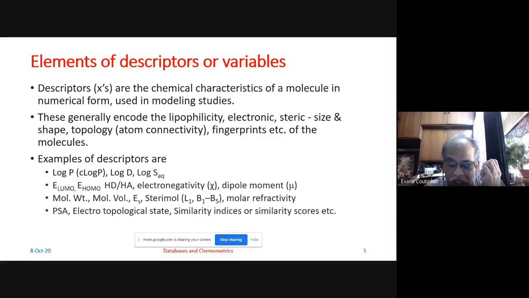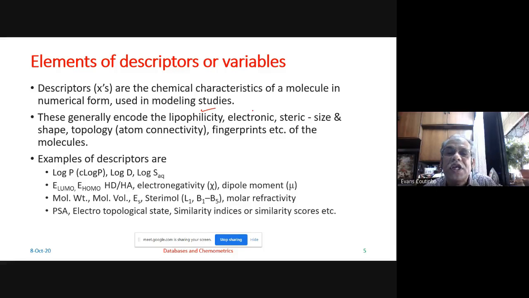I mean by this. So there are molecules in these databases, and each molecule can be defined by certain chemical characteristics, or what we call the descriptors for these molecules. These descriptors, I will label as X. So molecules in a database can be described in terms of their chemical characteristics, and these chemical characteristics will include